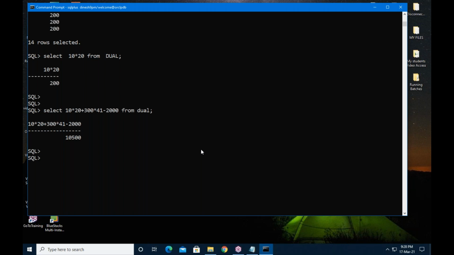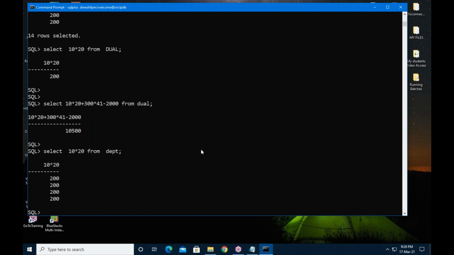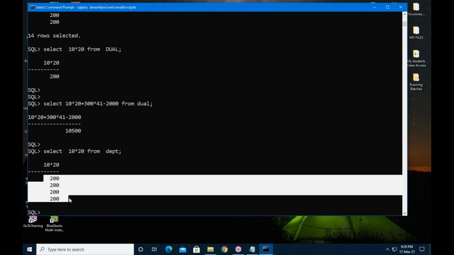See, if you calculate any expression from any other table, suppose DEPT, how many records are in the DEPT? 4. So 4 times the result is printing. But I want to print the result only one time.